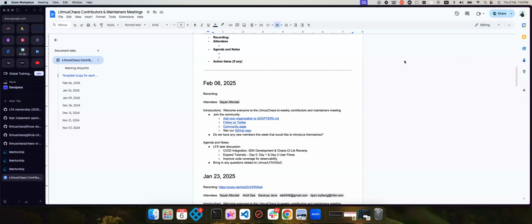But just a heads up for today's call. We'll mostly be discussing the LFX tasks, the 3 tasks that we have listed on the platform, and go sort of in depth on the implementation or what we're looking for, and then clear out if there are any questions further. So that's it. We will have more updates on the next call, which are feature or implementation or roadmap related. But for today, this is the discussion.